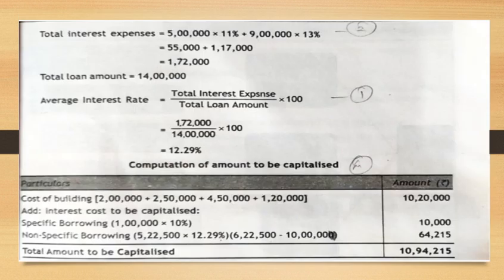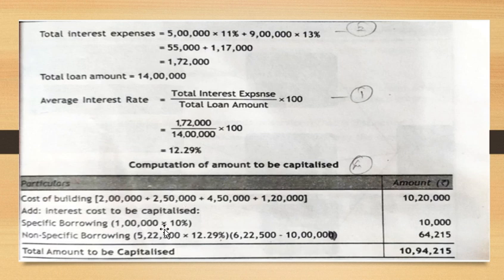To find the average, the formula is total interest expenses divided by total loan amount. Your total interest expense is the interest you pay for the loans you have taken. That is what you have written here, 5 lakh into 11% and 9 lakh into 13%. The interest you get is 1,72,000, divided by the total loan you have taken. What is the total loan? 5 lakh plus 9 lakh, which gives you 14 lakh. So you get 12.29. As the average interest rate is 12.29, you can directly charge it on the expenses you have calculated here, 6,22,500 into